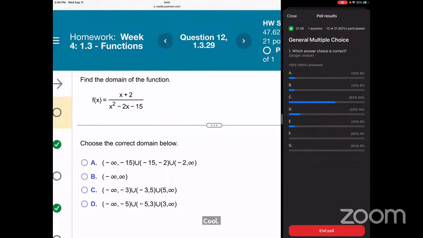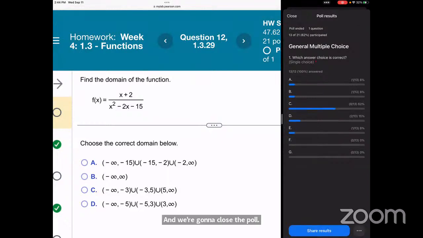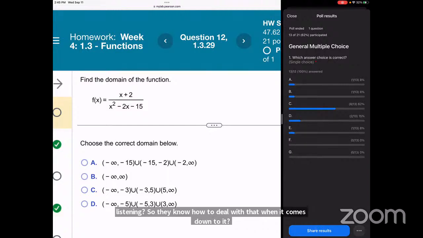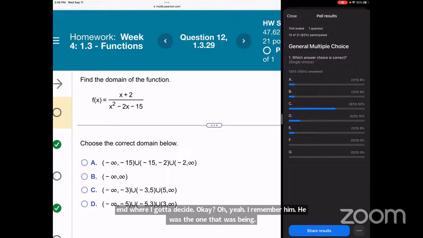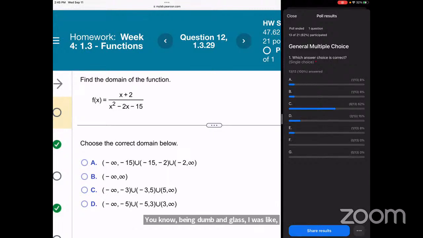All right. So I guess whoever keeps choosing the wrong one wasn't listening, so they're going to have to deal with that when it comes down to it. Again, you don't want that kind of attention, because when it comes to that little moment at the end where I have to decide, okay, oh yeah, I remember him. He was the one that was being dumb in class. I was like, okay, well, you're dumb, so I can't help you. That's what's going to happen. I can tell you right now, that's exactly what's going to happen. But anywho,